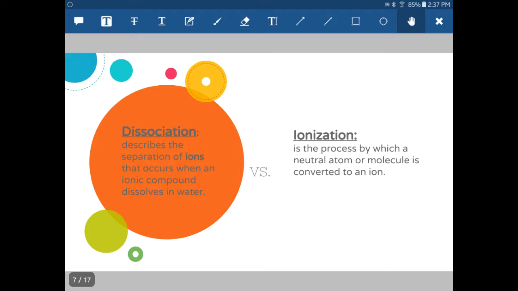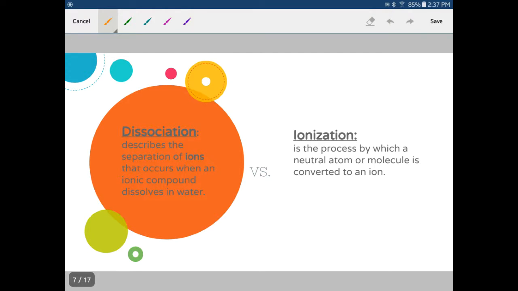Now, there's two words that come up in this unit, and one is called dissociation and one is called ionization. They are essentially the same thing because they are both talking about a compound breaking into ions. Dissociation is the separation of ions when an ionic compound or base dissolves in water, whereas ionization is a process where a neutral atom, so almost like a molecular compound, is converted to an ion